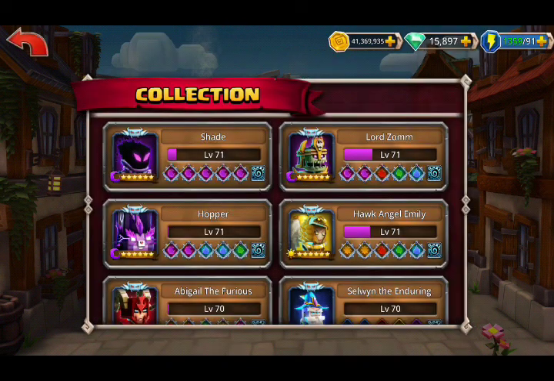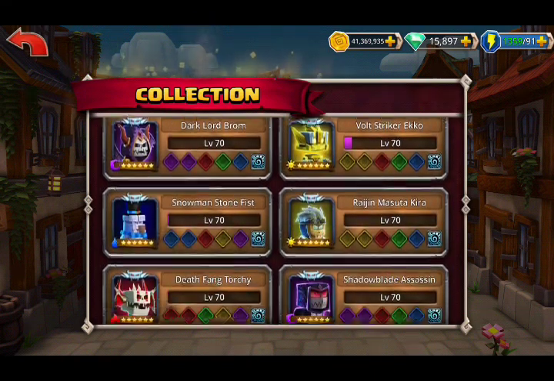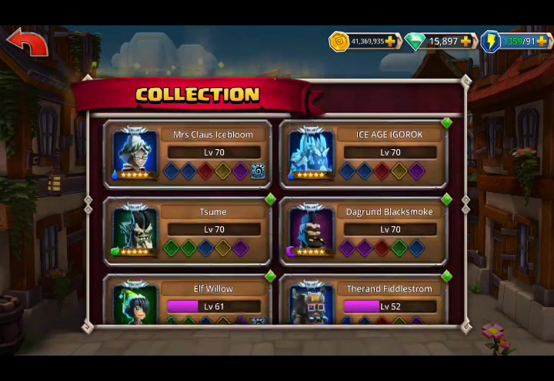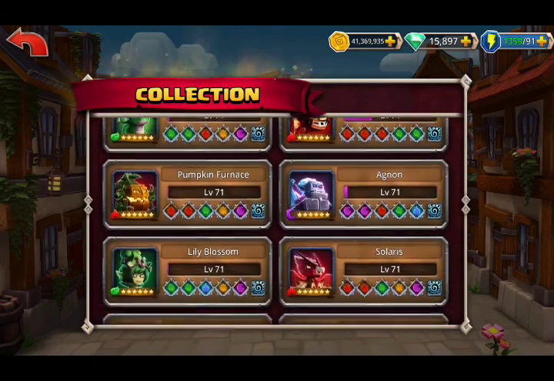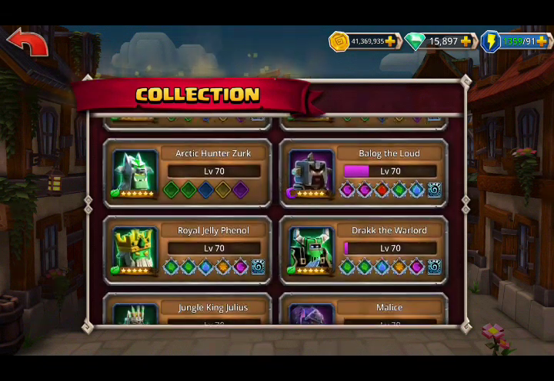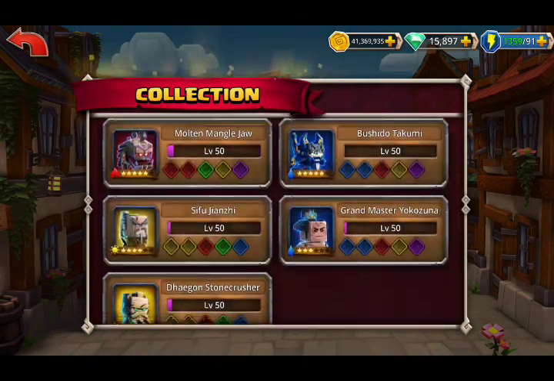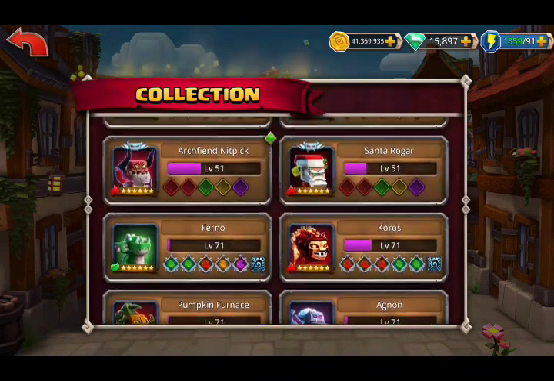Alright, so that's all my runes. Now let's count how many heroes I'm actually using in PvP. 4. Looking for 71s. 5, 6, 7, 8, 9, 10, 11. Alright, so it's 11 heroes, which in my mind is technically 10, but one of them's for just